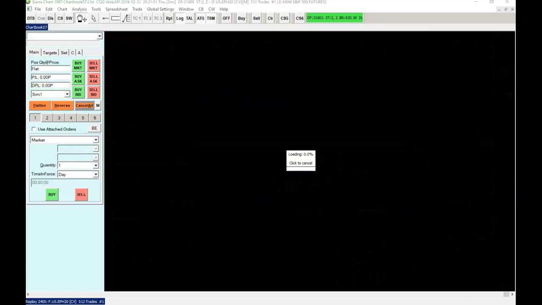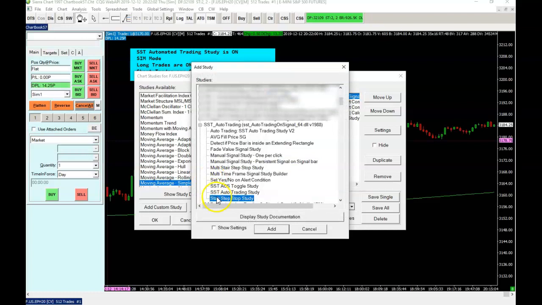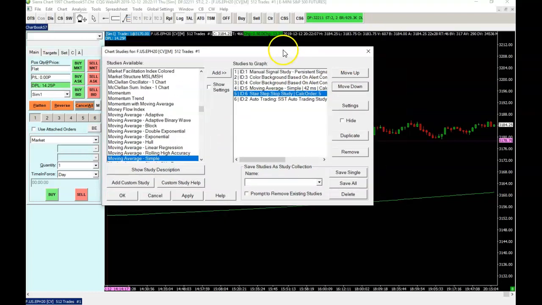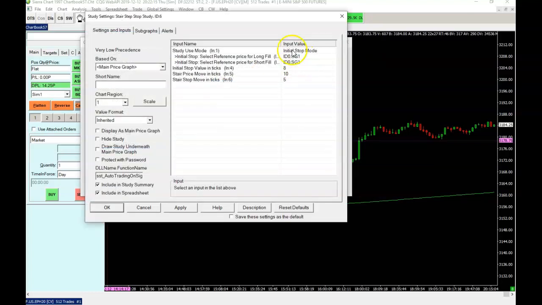So let's stop that right now and have a look at the trail stop. So we have the other support study, the stair step stop study. It's a support study for the SST AT. So this study will be referenced in the AT settings. There's two modes. There's initial stop mode and the trail stop mode. So if you want to use it as an initial stop,